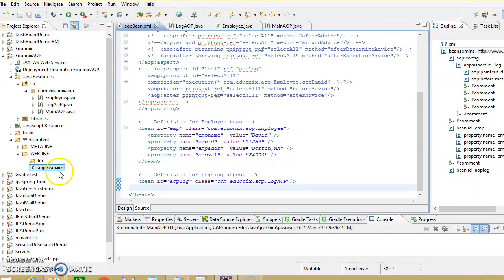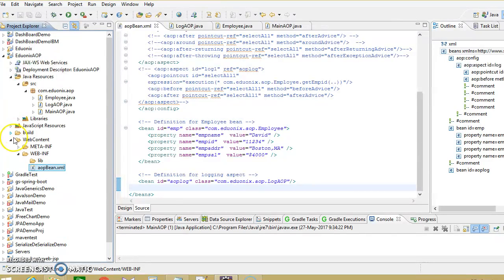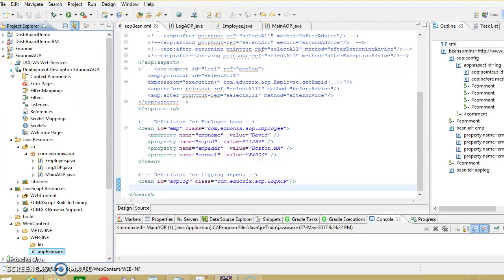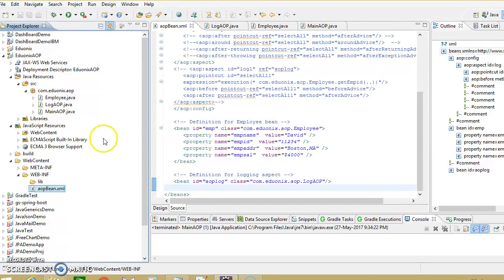And on the web content, we have this AOP bin.xml file. All right. And on the dependency side, this is another important point which you need to understand. What are the dependency factors that we have? We have all the resources here. We have all the dependency files here, where we need to depend on what files we want to implement. You can check the dependency files,